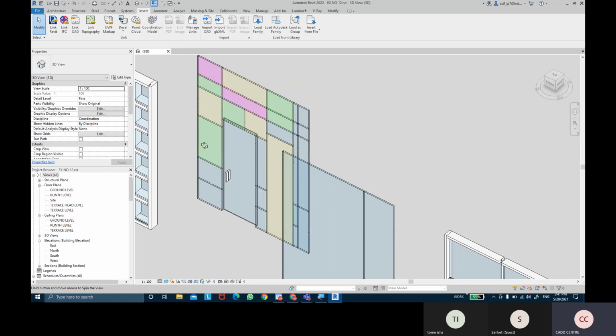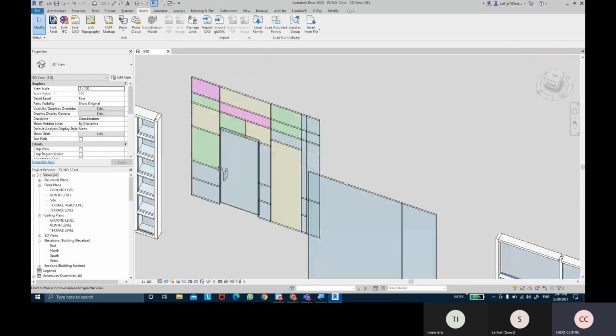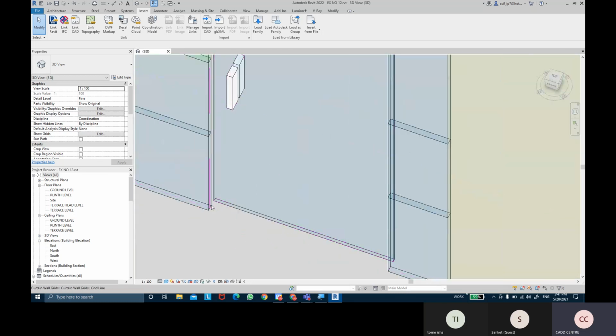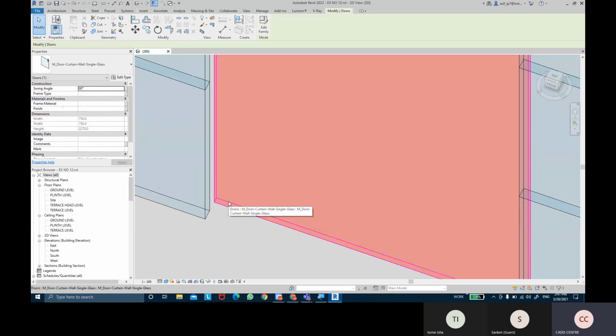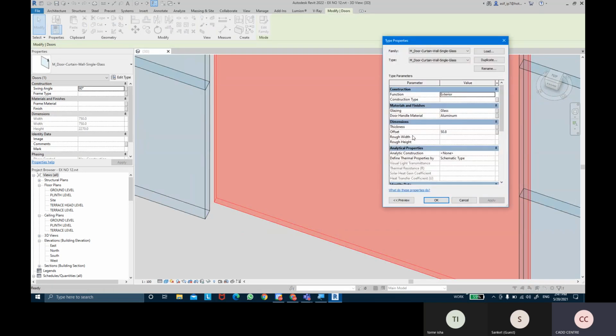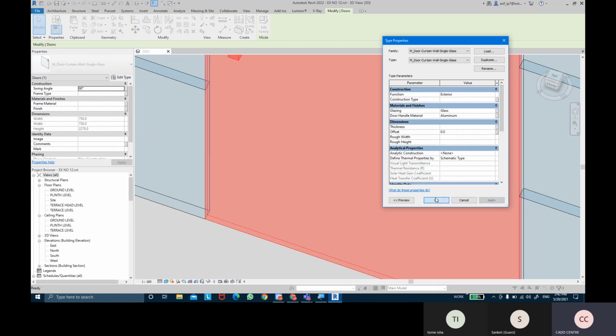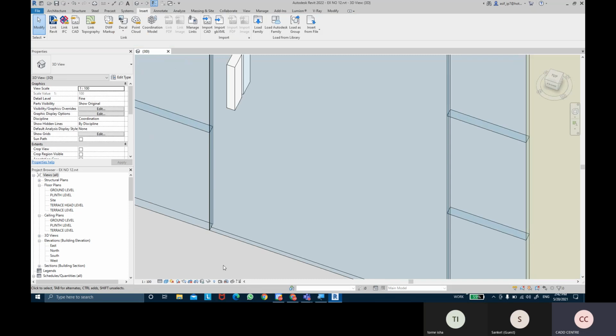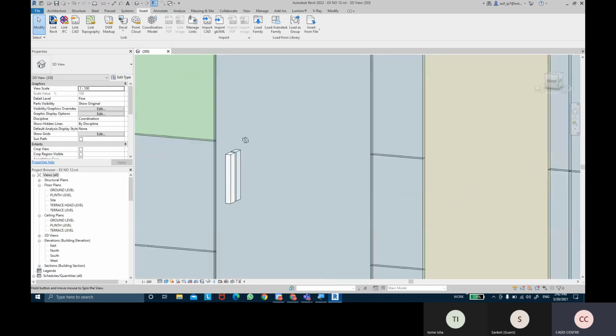You can see there's a little bit of gap between the door and the panel of the glass. So we can select the door and make sure we come into Edit Type. A value of offset has been given to the door, which is around 50 offset. So we're going to make that value 0, so that the door stays in the center of the glass. This is how it comes basically.